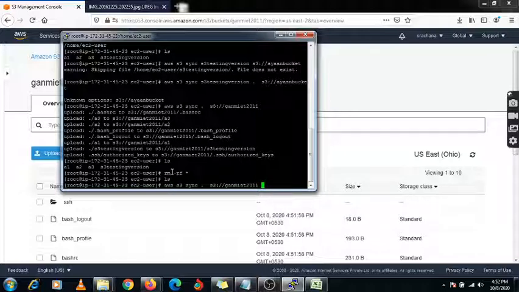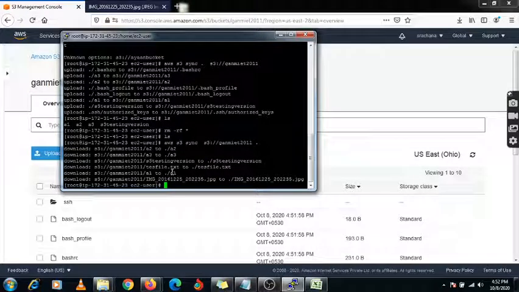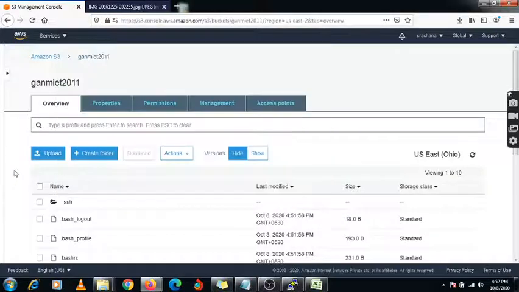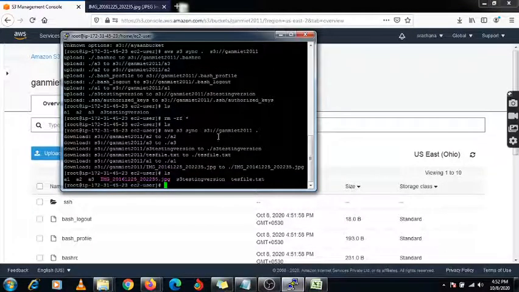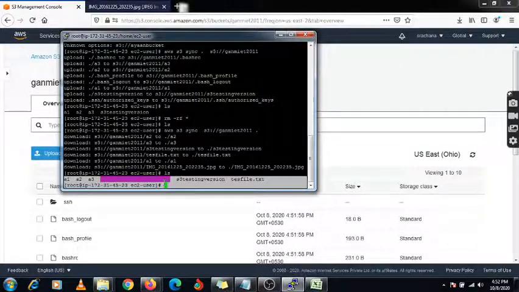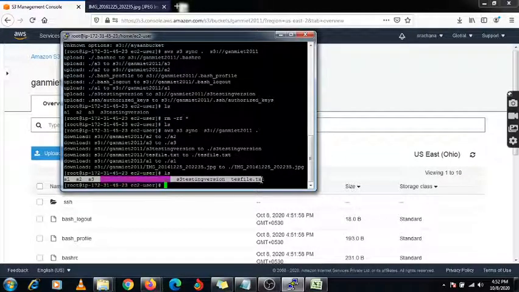Just put dot here, and here you need to remove this dot from the string and just click enter. Now you will download all the data from your S3 bucket to your Linux server, right? Now you can check using ls. So these files are now downloaded, and other files also I have copied, that is my image file which I pasted in the previous slide.